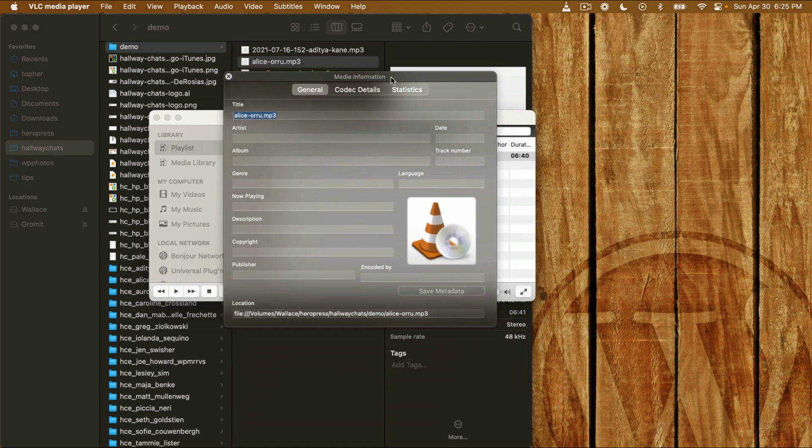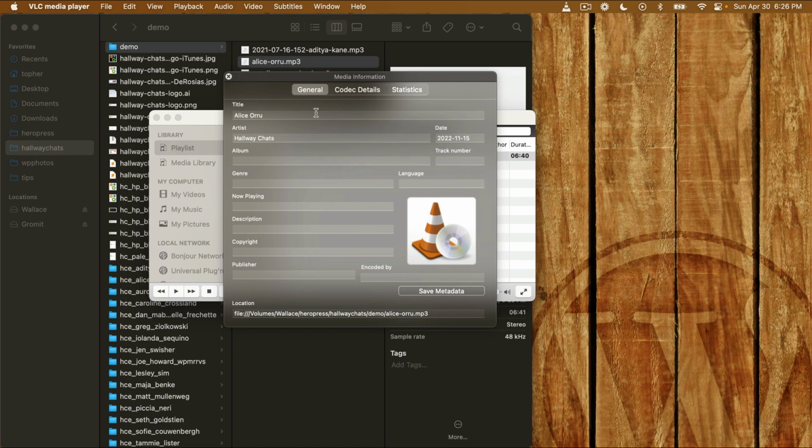And here it is. So we don't want to change the title. If we did, oh no, we do. We do want to change the title. This is not the file name. So I'm going to put that in. Artist, Hallway Chats. And the date. Boy, this was in 2022, month of November. It was at WordCamp Italy, which was somewhere near the third week. So I'm going to say 21. Just figure it out. No, that's too close to Thanksgiving. Let's call it 15. There we go.